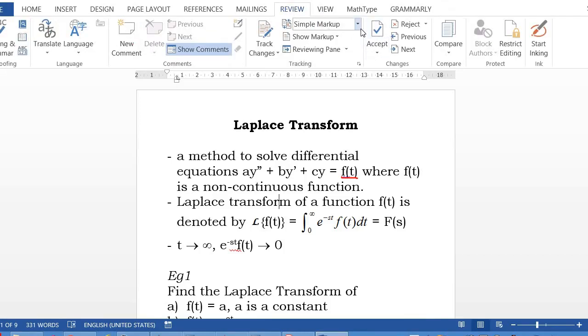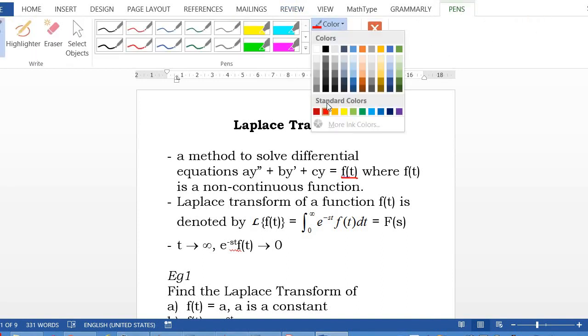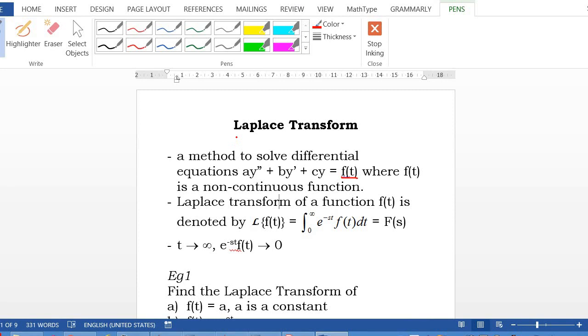Today we are going to learn the Laplace transform. Laplace transform is actually a method to solve differential equations. For example, here this is a second order linear non-homogeneous differential equation, especially the